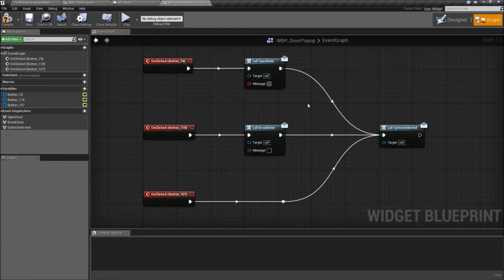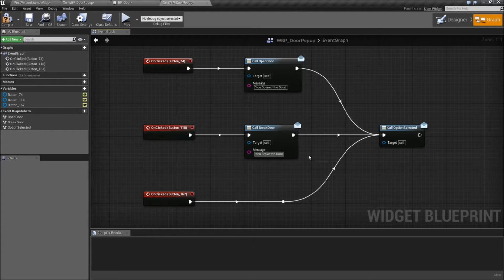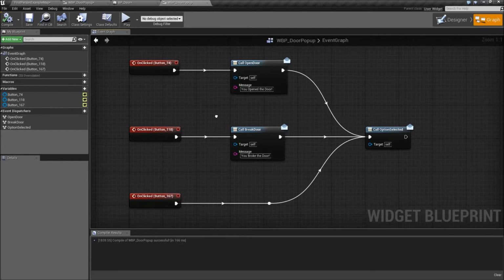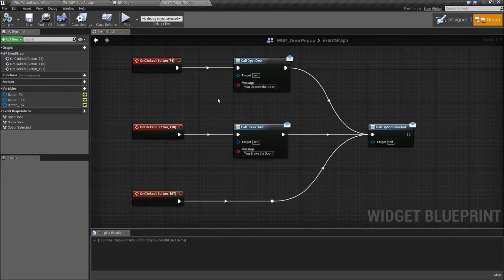So the message we want to pass along, or the value of our variable, the variable can be anything, but we're going to use a message, and I'm going to say you opened the door for our open door event dispatcher, and then you broke the door for our break door event dispatcher. And we can compile and save that. And that's all we need for the widget blueprint. So now we can move on